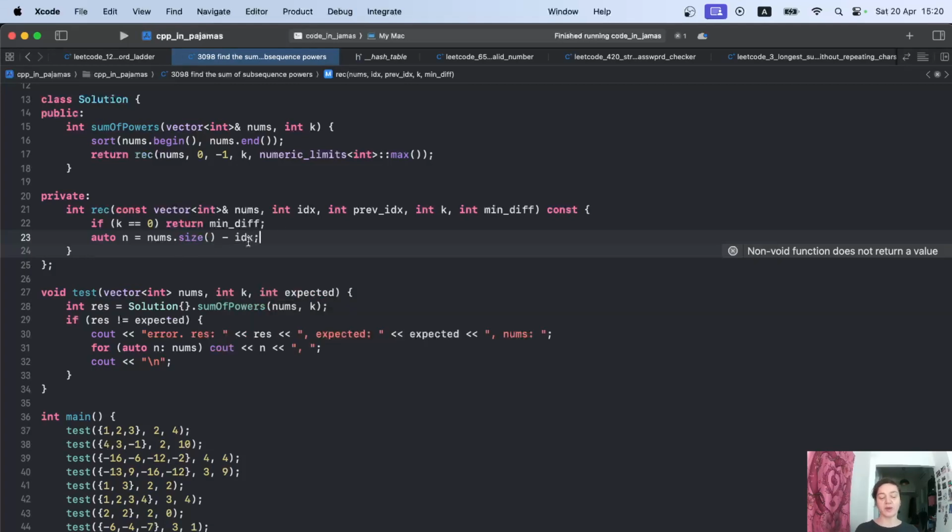What happens when index goes out of range? When index goes out of range, that is when it equals the size of the array, right? So when it happens, the current n will be 0. If n is not 0, it means we're not out of range. We still have elements. This means we can simply ask